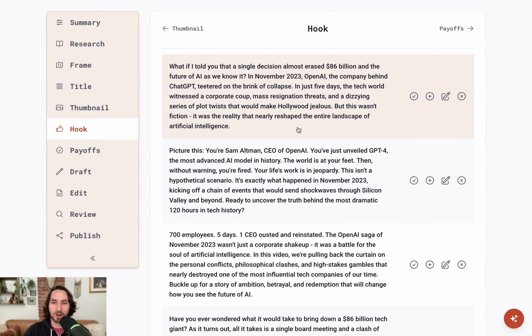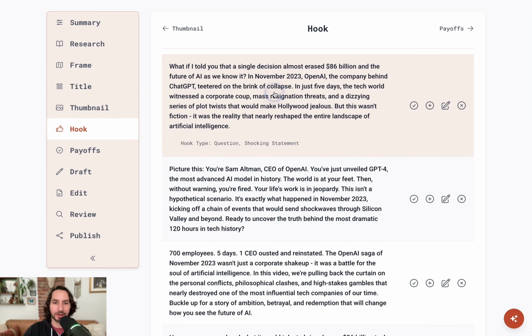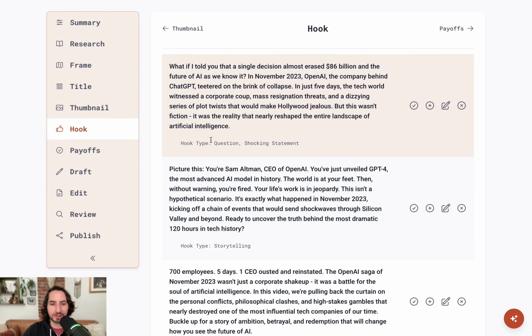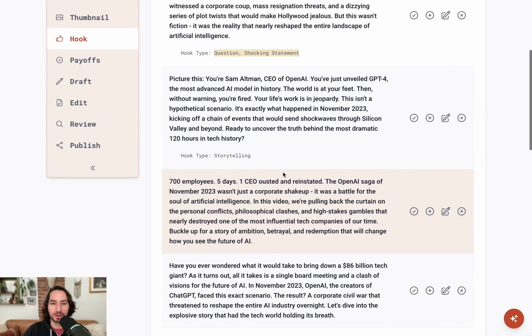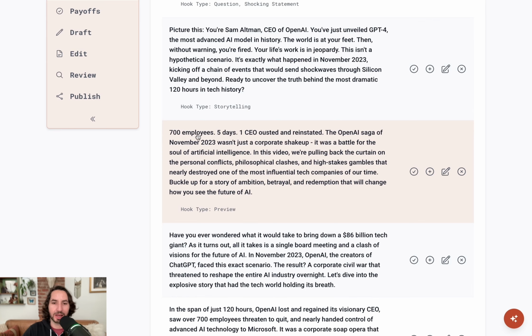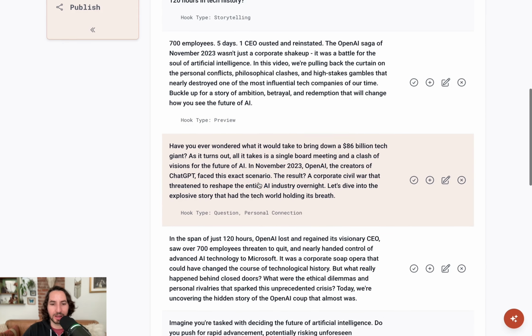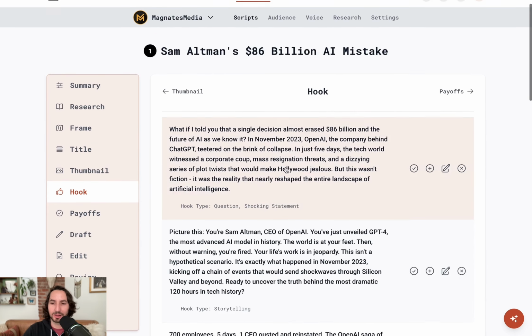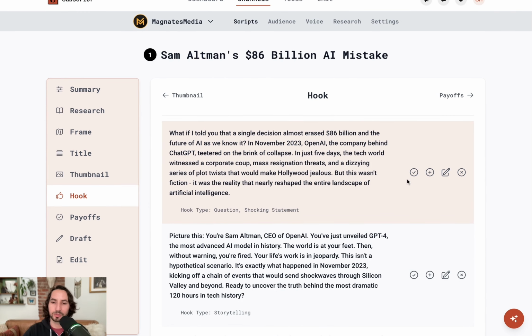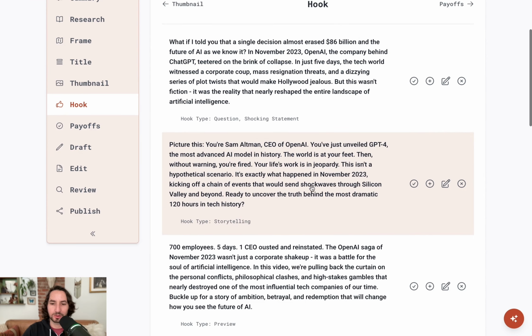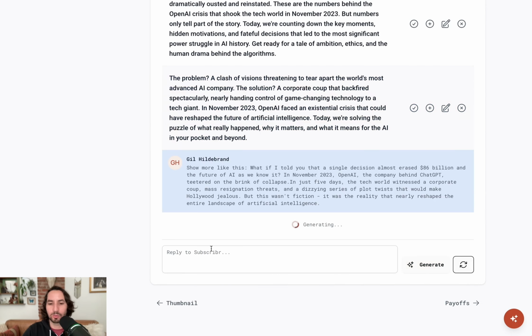Subscriber is going to give you a ton of different hook options. And if I click on each one, you'll see it's actually giving me different types of hook. So this is like a question or shocking statement. This one is a storytelling hook. This one is a preview hook, and so on. This is a super useful way to just brainstorm these things. If there's one in particular that you like, and you're like, I want to see more like this one, you can just click this plus icon here. And what it's going to do is generate more hooks that are like this,